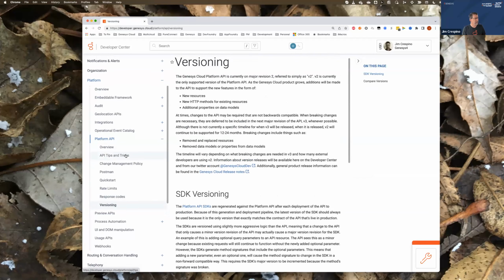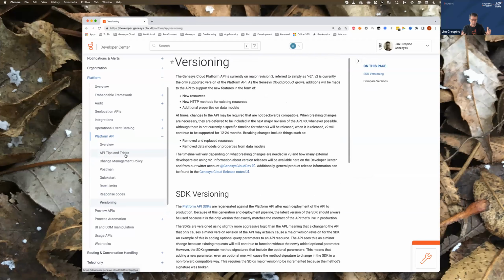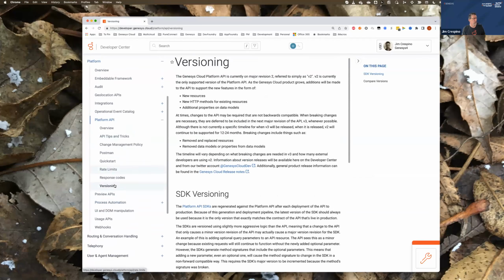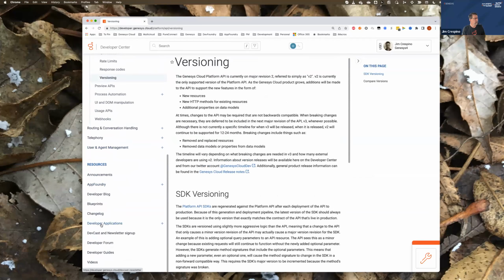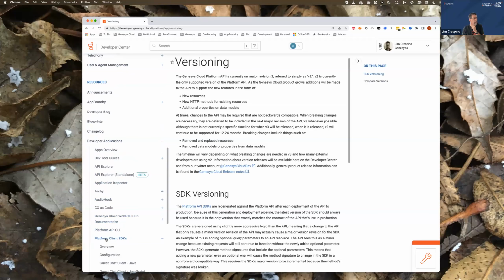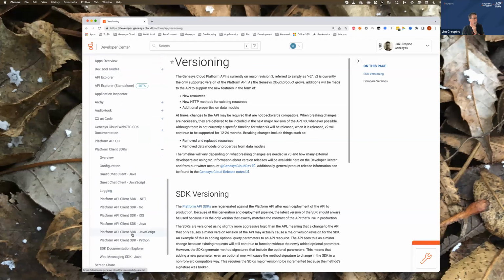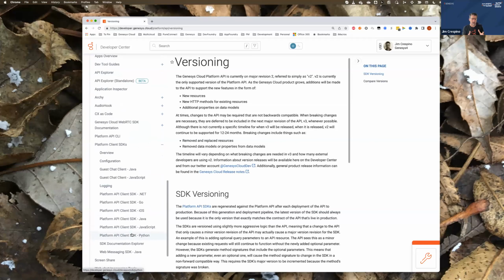So as I talk about that, the SDK. The API is the REST API. That's the gets, the posts, the puts, the deletes. That's the API itself. But we have SDK wrappers. Those are down in the tools. So if you go down in the resources section to developer applications, and we have the platform client SDK. So we've built a wrapper around those raw API requests in most of the common languages, so that you can just simply make method requests, right? Call functions or methods or classes